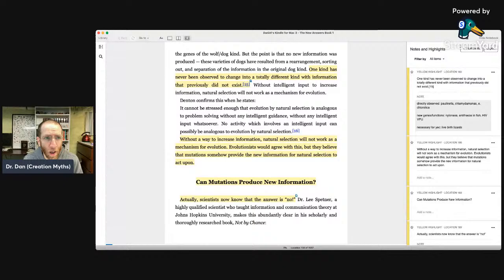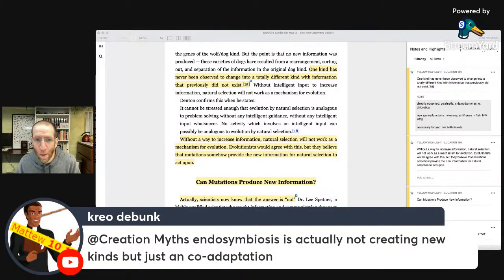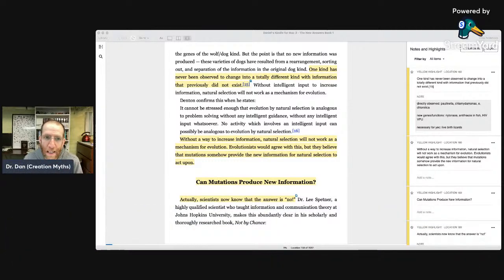Hi. I do want to comment. Actually, hang on one second. Here we go. I just want to pull this up because endosymbiosis is actually not creating new kinds. It's just a co-adaptation. No, endosymbiosis does result in new kinds because endosymbiosis is an irreducible trait according to the traditional